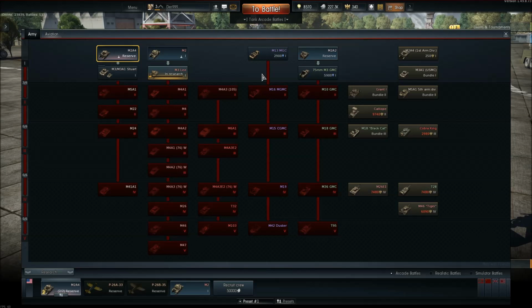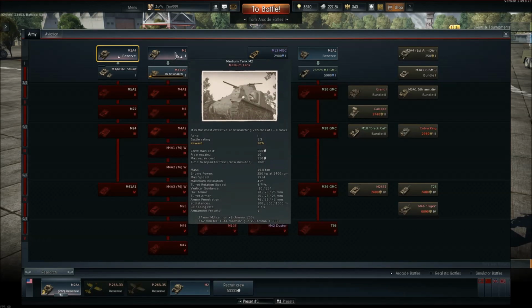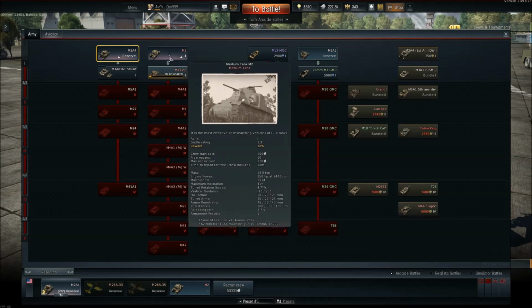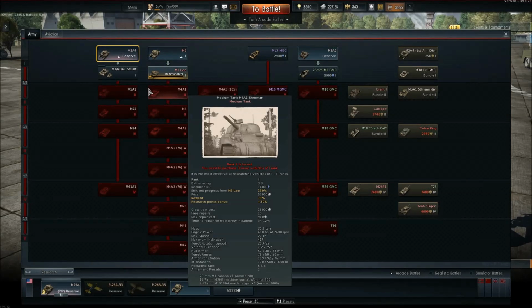Unlike World of Tanks, where you can do multiple trees at one time, or Armored Warfare, where you just unlock everything by going up tiers, you just gradually unlock everything. In War Thunder, you can only unlock one thing at once. Let's say I wanted to do the M2 right now, or I will be. My video will show my first gameplay with the M2. But anyway, like I was saying,